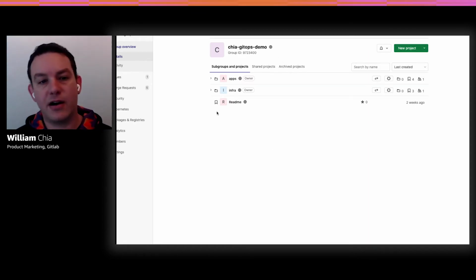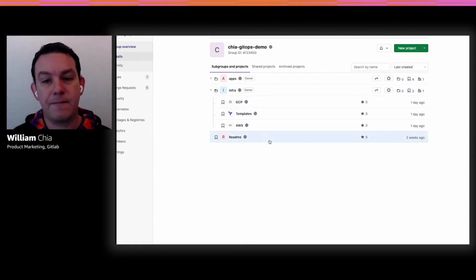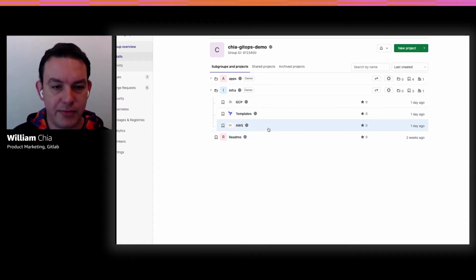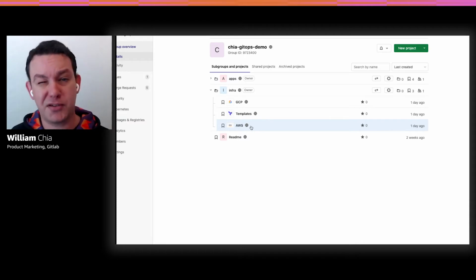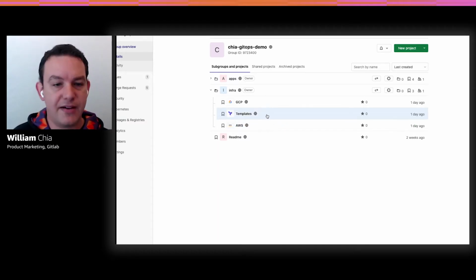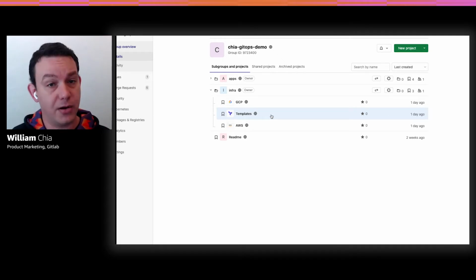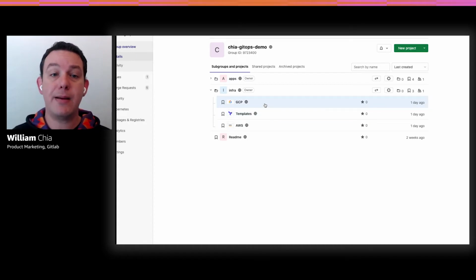So here is our demo GitOps group within GitLab, and I'm going to just show you the structure here. We've got a group set up for our infrastructure, and we'll show you first how it works, and then we'll walk through a few of the code samples. In our GitOps group, we have an AWS group that's going to host all of our AWS code. We have a templates group, which is going to allow us to write a pipeline once and use it for any cloud in a multi-cloud application.